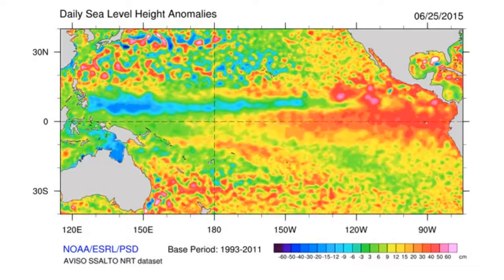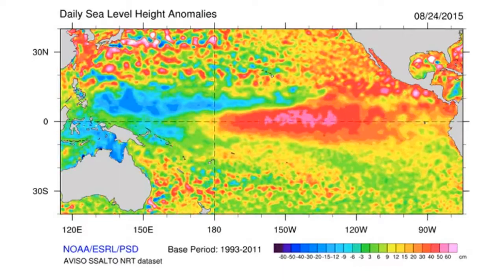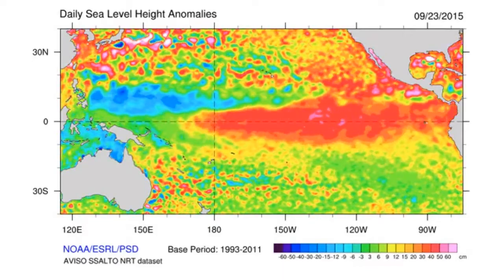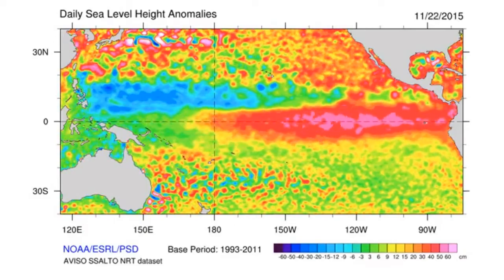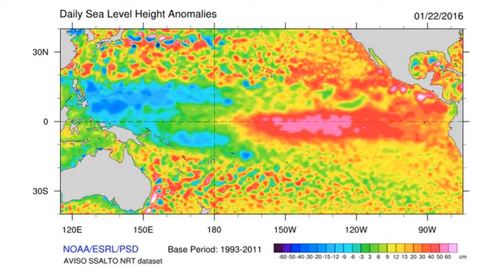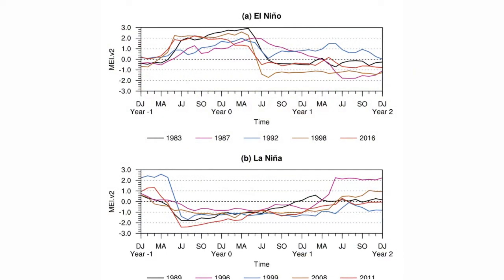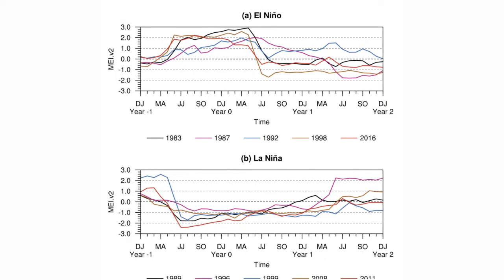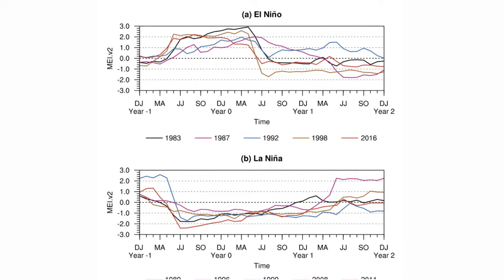On average, El Niño and La Niña events occur every 2 to 7 years, with El Niño events being more frequent than La Niña. El Niño events typically last 9 to 12 months, while La Niña events typically last 1 to 3 years. For a La Niña event, the reverse applies, where average sea surface temperatures must be at least 0.5 degrees Celsius cooler than average for 5 months.